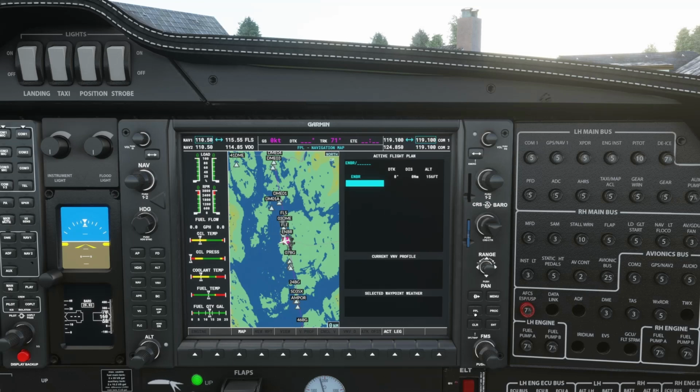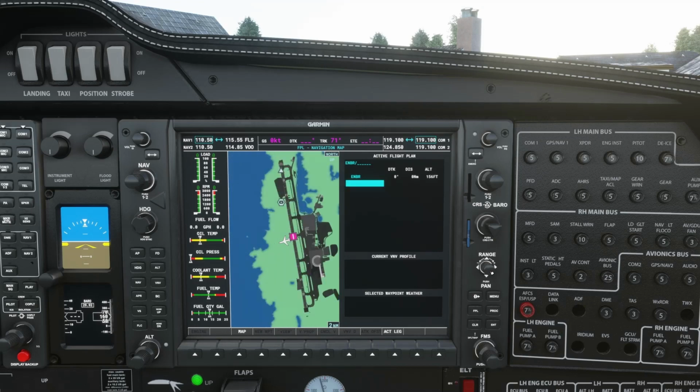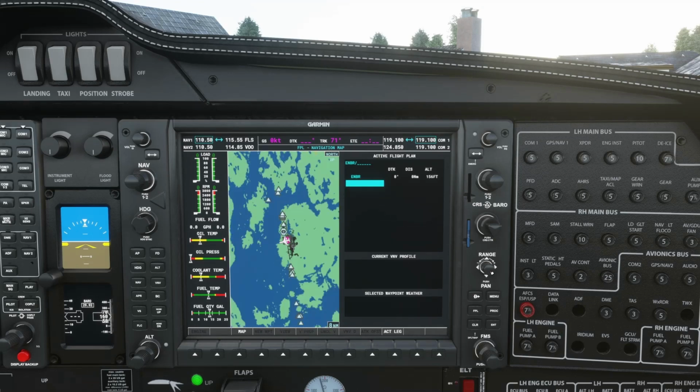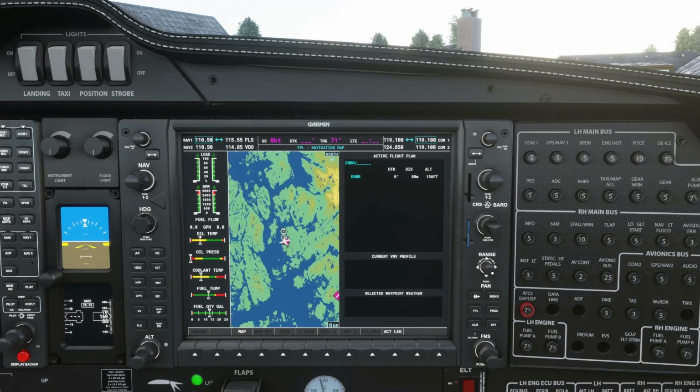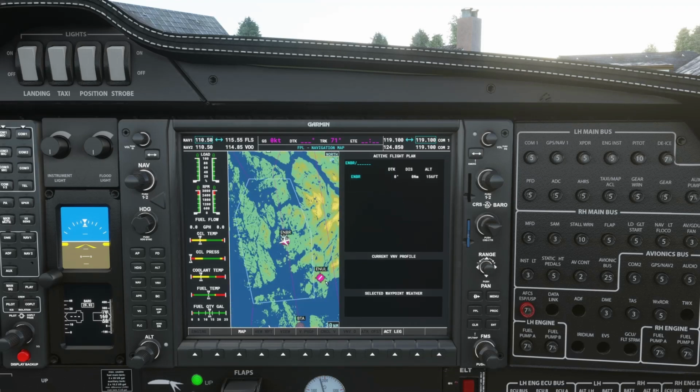Right, now it's waiting for more inputs. So where should we go? Let's have a look. Let's just scroll this out. Okay, any more airports in the area? All right, so we've got here Echo November Uniform Lima. So let's do that one. Using the inner knob, we will go there.